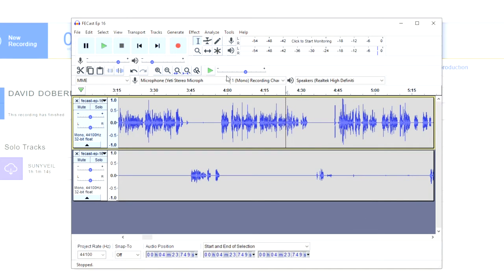Just getting rid of excess noise when there's noise on one channel, just getting rid of excess noise on the other channel, and making sure that if there's two things going on at once, you can space it out so that you can hear both of them. We'll take care of excessive pauses, things that we just want to cut out, the second time through, once we've mixed and rendered the tracks.